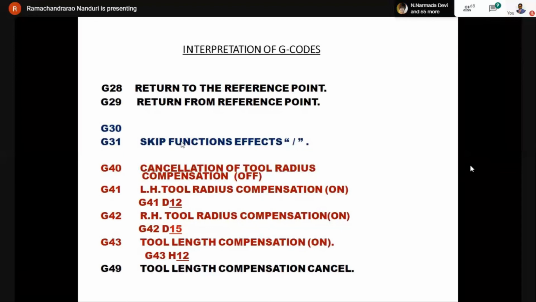Because if you directly bring the tool onto the workpiece, it will just collide with it. Because manual movements are not that much smoother and uniform as compared to the programmed movements of the cutting tool. So what we do, we will be maintaining a gap of 5 mm or 3 mm or some air gap, such that the rotating tool will not be colliding with the workpiece or the setup.